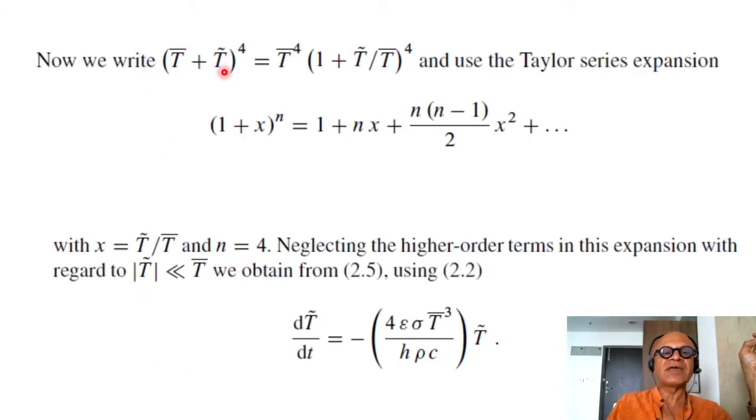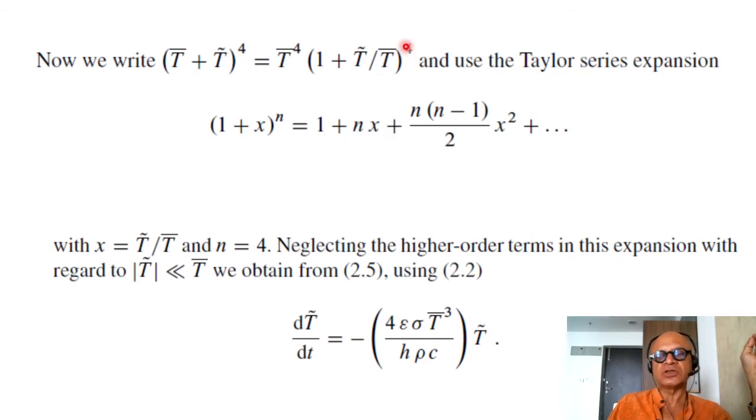So now we can write this based on the fact that T tilde is expected to be much smaller than T bar. We can expand that. So first write it as T bar to the 4th times (1 plus T tilde over T bar) to the 4th. So that's fairly straightforward. You take it out and then use a Taylor series expansion on this, because here T tilde divided by T bar is much smaller than 1, and that allows us to use the mathematical construct of series expansion of